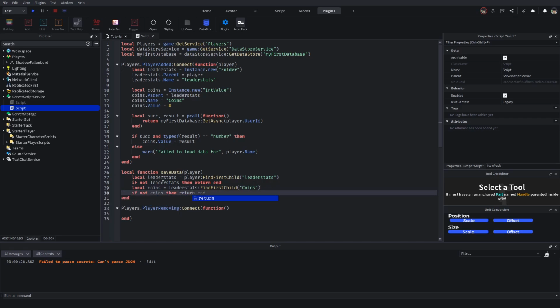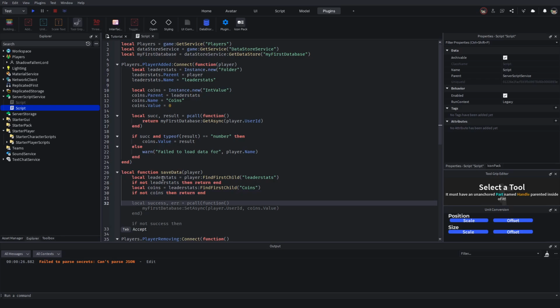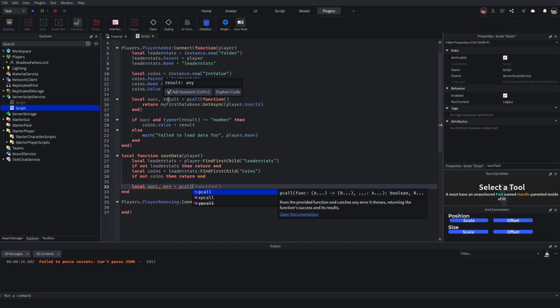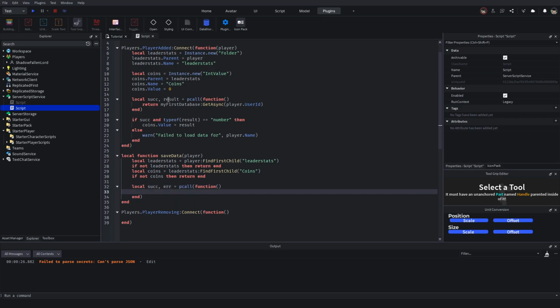If not coins, return end. Again, local success, error, because we will not be returning anything now, so it can be success, error, but the error or result are the same things. Basically it just returns the error message if there is one. And sorry for using the word again, I'm really sorry. So my first database